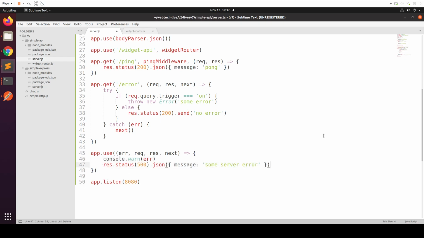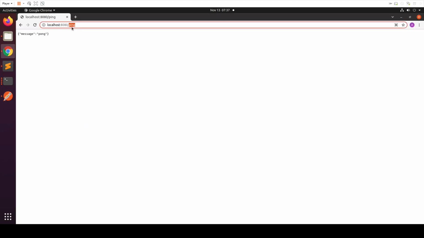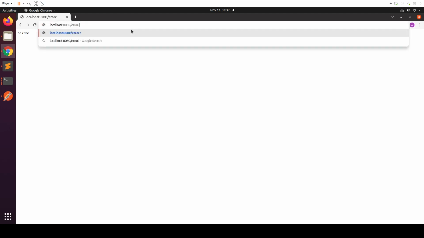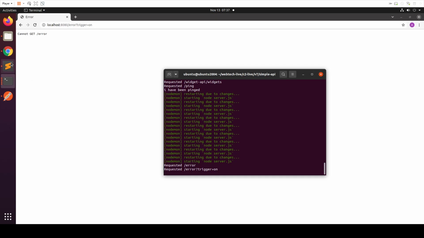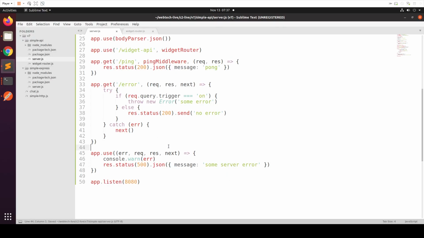So if I want to change it, or if I want to have a different kind of logging, or if I want to have different kinds of errors treated differently, I'm just going to write it in a single place. So let's see that. So if I go to error, no error. But if I trigger it, okay, get error, okay. If I trigger it,